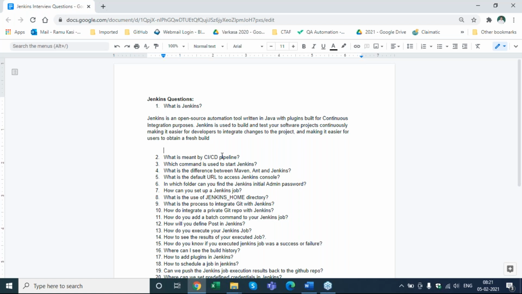So basically, it is going to be a continuous non-stop cycle wherein the developer is going to continuously keep pushing his code to the tester, and the tester is going to pick the new code, perform all the testing operations, and then keep deploying it. If there's a bug, he will raise a bug. Again, the developer is going to fix the bug, push it for testing, and so it is a continuous cycle, right? Where we keep on integrating and deploying the code. Okay.